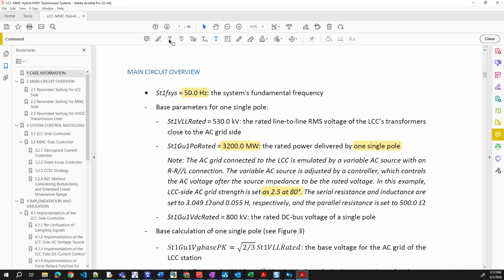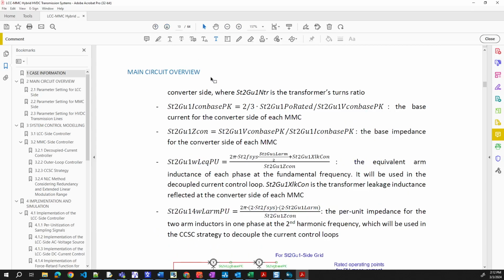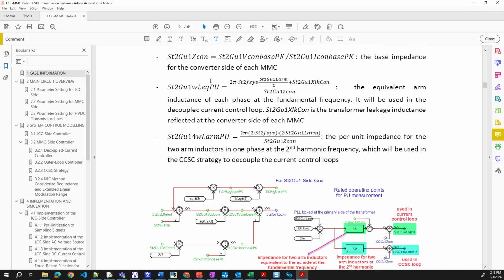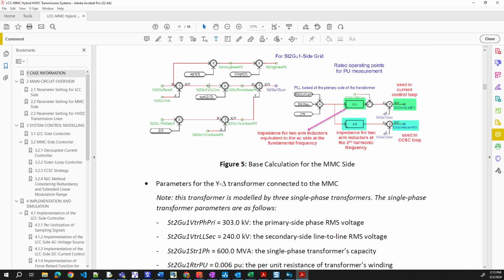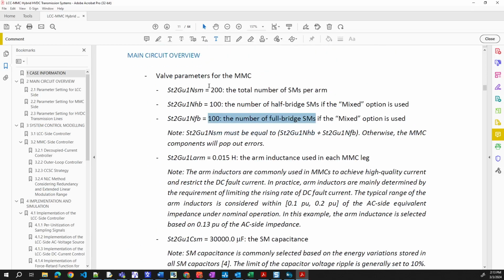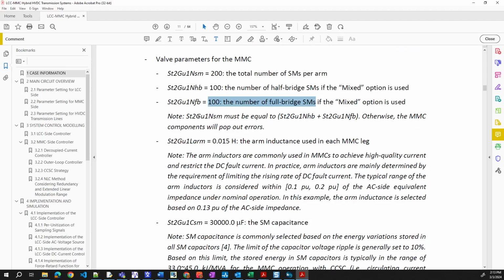So let's go back to the paper. Now we have to go through all the parameters here. So note ST2 G1 SM, the submodule must be equal to this half and 4.